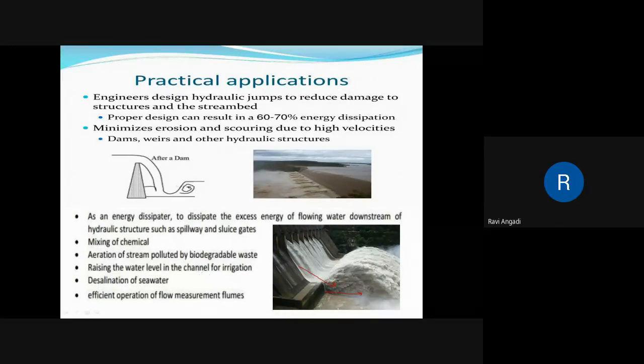Because of that, what will happen? It affects the dam structure. So to prevent the erosion, the jump should be provided. It should jump, it should have a higher depth of flow and move forward. Otherwise, it will erode the surface. So once it erodes, it starts damaging the structure, that is the dam structure.